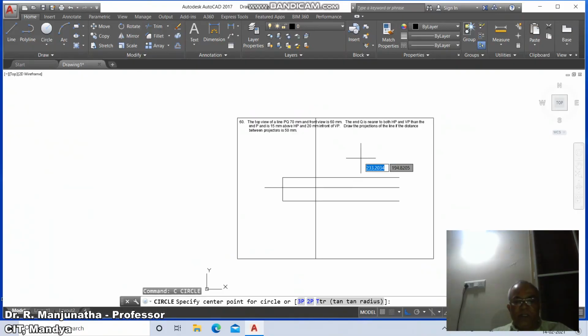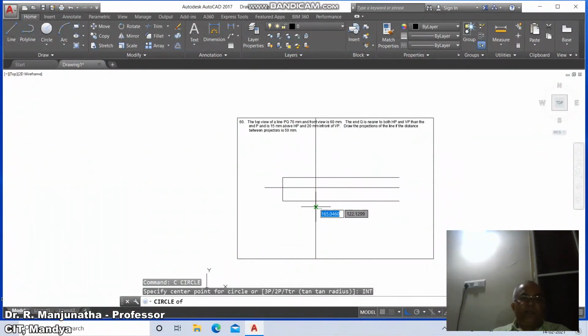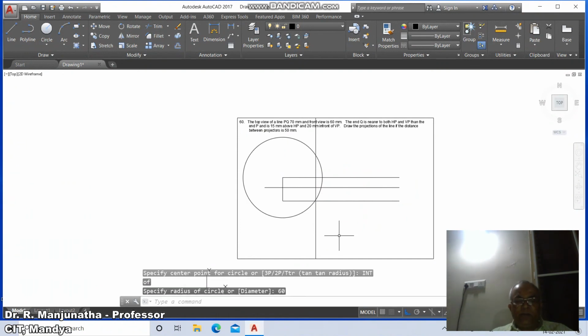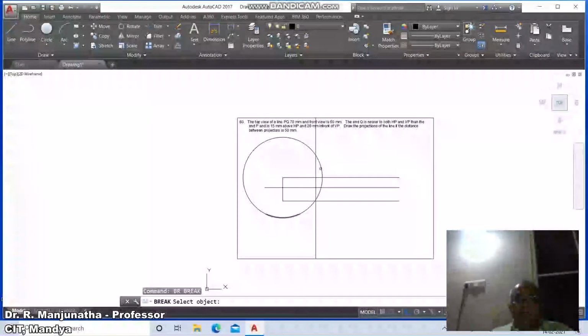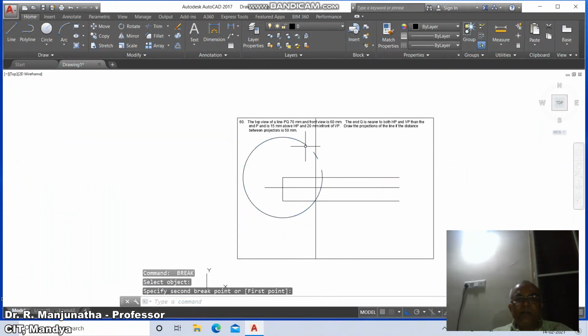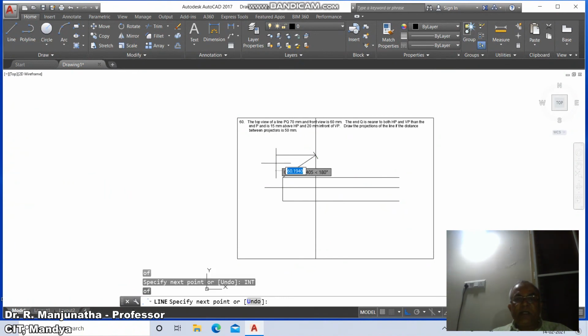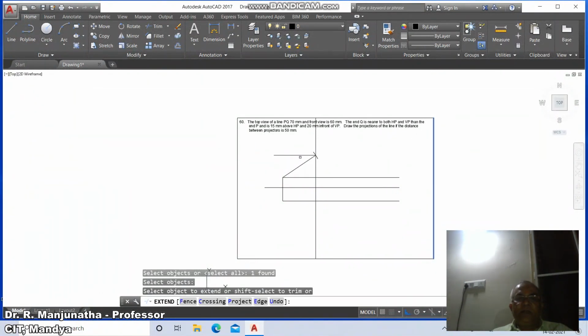Then go to circle, take intersection of this and take the radius as 60, and here go to break this circle in the anti-clockwise direction, and then from here on this side and go to erase and go to line, draw a line from intersection point of this to intersection point of this and drag it in the horizontal direction. So you're going to get the locus, extend this horizontal line till this boundary edge, then go to trim